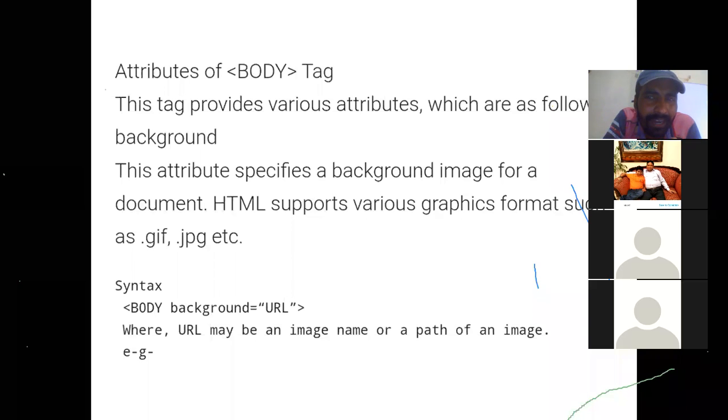Ask one by one and speak loudly. In the whole HTML document there are only two attributes, language and direction? In a whole HTML document, there are different attributes and different tags, my dear. I have already taught this chapter, HTML. I'm just giving you the revision.